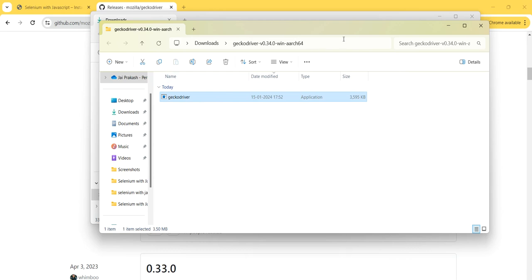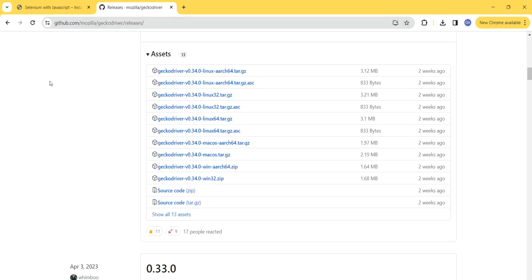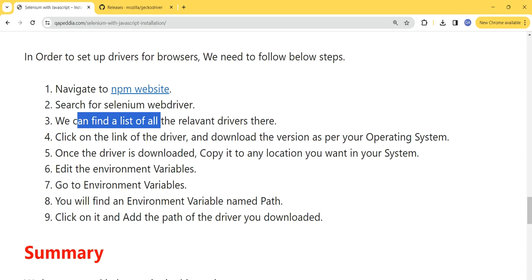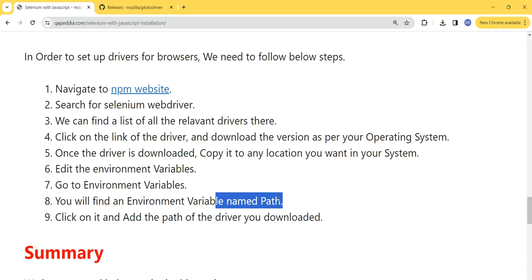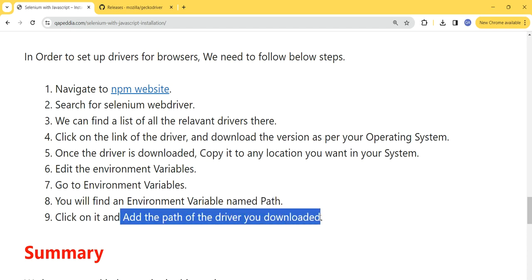So what we can do, we can take this path, and then we have to copy this path, and we have to go to environment variables, and in environment variables there will be an environment variable named path, and there we have to add this particular path. Okay,